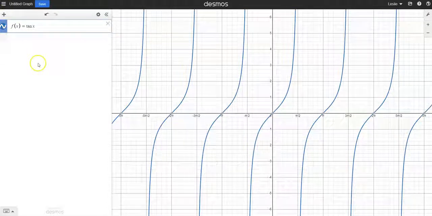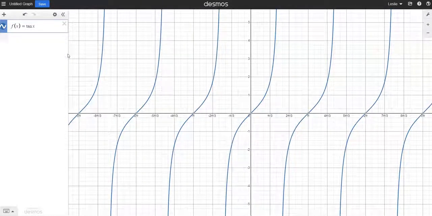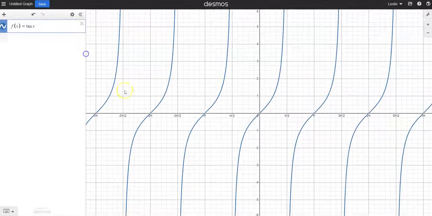Okay, in this video, I thought we'd take a look at the transformations of tangent and cotangent using Desmos. It makes a nicer graph, and it's really a lot easier to show you what the different transformations do rather than doing it by hand. So let me start by, I've graphed y equals the tangent of x here, f of x equals the tangent